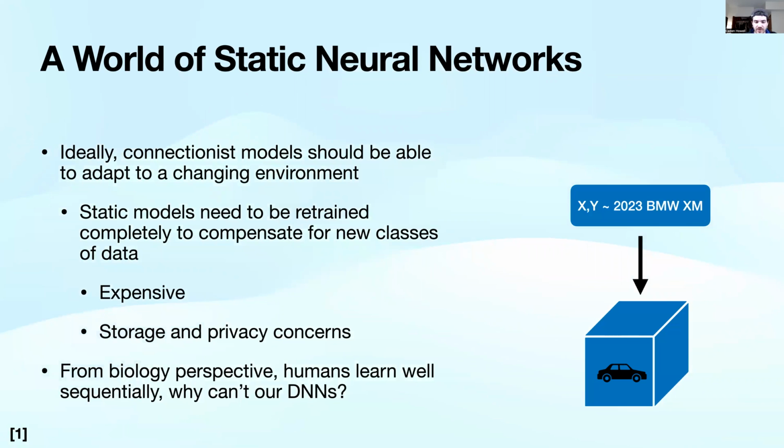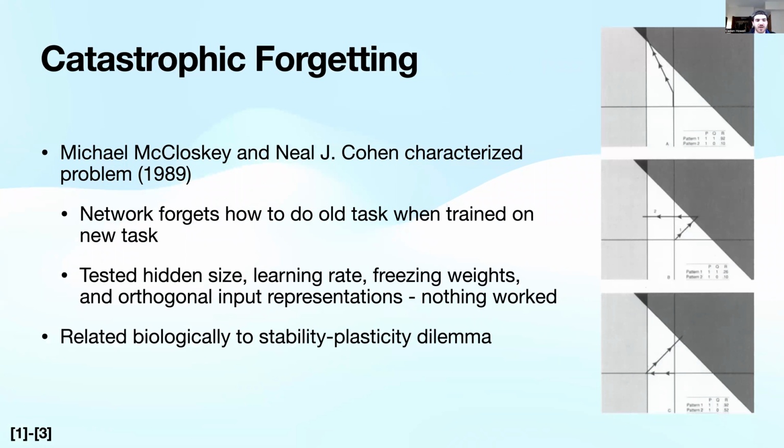Now, humans can do this very easily, and indeed our entire world is a dynamic world, so it's built for us. New words emerge all the time. New products emerge, our preferences for things change. The world through the human lens is a dynamic world, and humans have no problem adjusting to that. We can very quickly learn with very few examples, but for DNNs, that's not necessarily the case. There is this concept called catastrophic forgetting that is the major roadblock to continual learning applications.